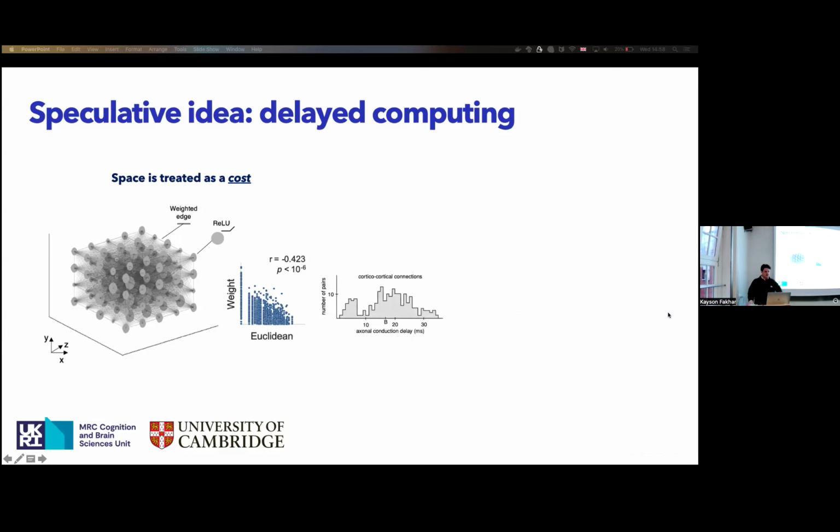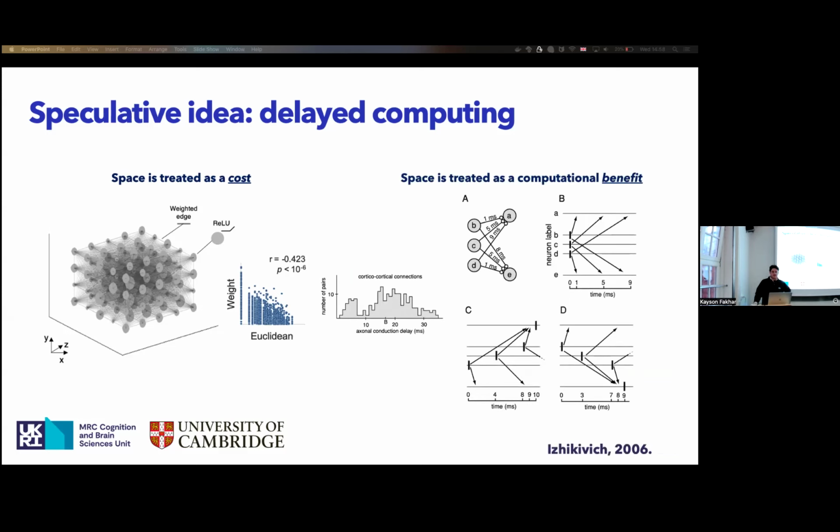And so, of course, when you think about space, you can think about the heterogeneity of conductance delays between regions. This was an idea put forward by Eugene Izhikevich in 2006, this idea of polychronicity, which I'll just talk about very briefly, because I think it's really interesting. Lots of people have looked at this in the computational neuroscience community. The idea is that space is not a cost, it's an actual major benefit. And the basic reason why is because in this example, you have a feed-forward neural network of different delay speeds that could be proportional to distance. In this example, you can see that if B, C, then